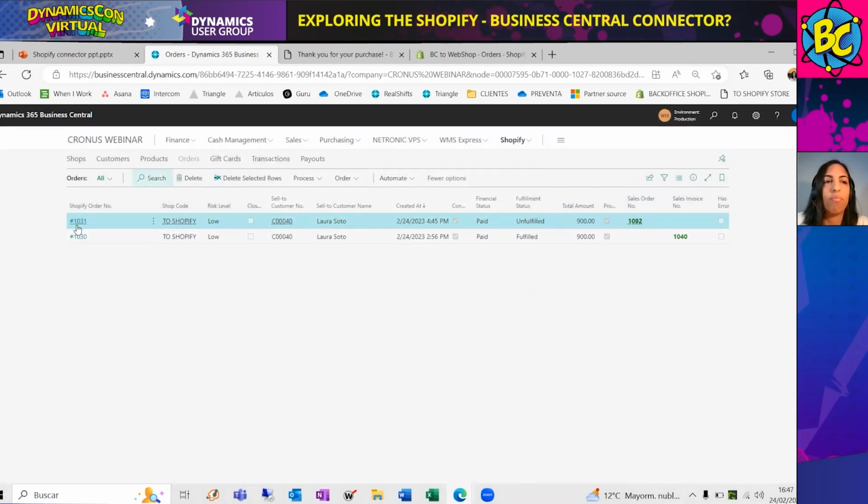Okay, I have here two, but this one is 1031. So you can follow this example properly. This shop has the setup to automatically create the sales order in Business Central. As you can see, it has already created it and we have the order number in green color here. If we don't have this option activated in the setup, we will have to manually create the sales order through